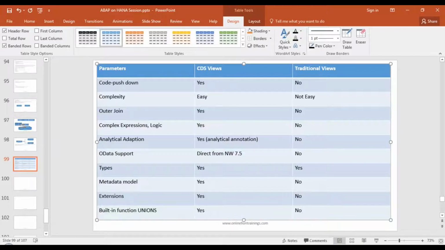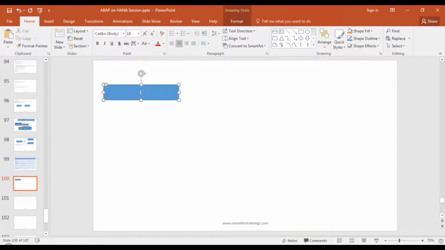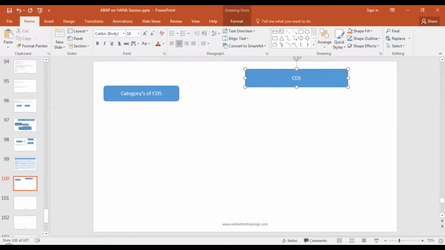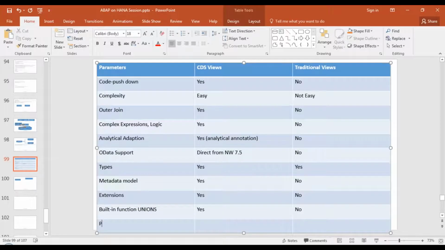Coming to the categories of CDS views, there are two categories. Yeah, this is one more advantage, guys: you cannot have parameters in conventional views.